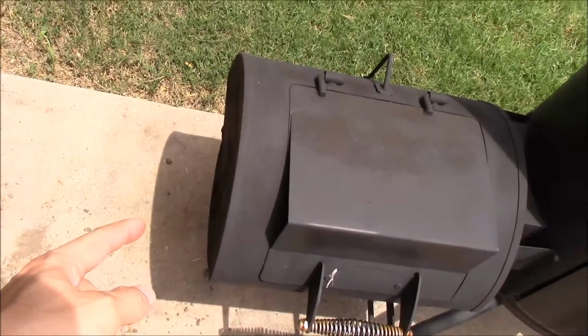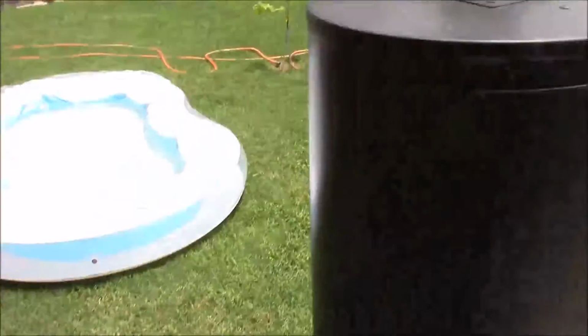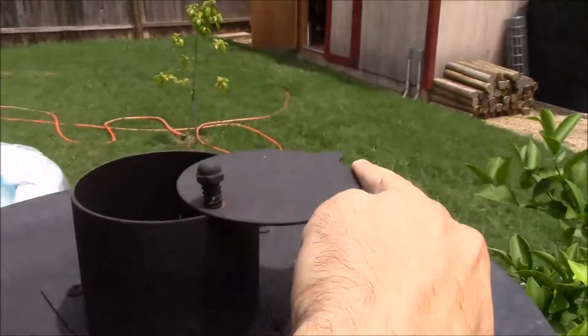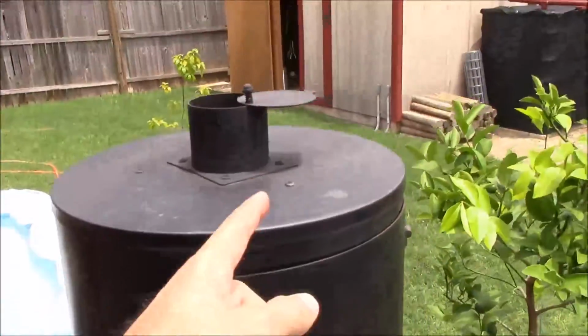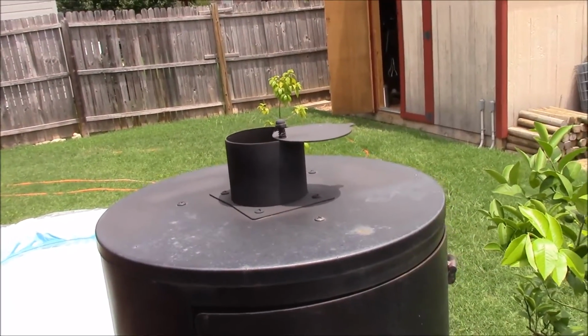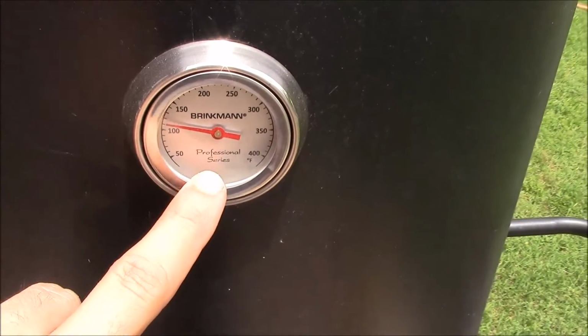And so the intake, you regulate how hot the fire gets by opening or closing that, and also the same with the exhaust. By opening this up more, allowing more oxygen in this side, and air and smoke leaving the exhaust side, you create more airflow through and a hotter fire. So you can regulate the temperature. This one has a thermometer on the front that you can see kind of a rough estimate of the temperature